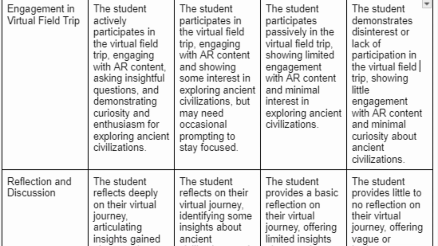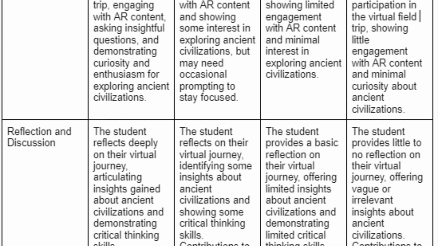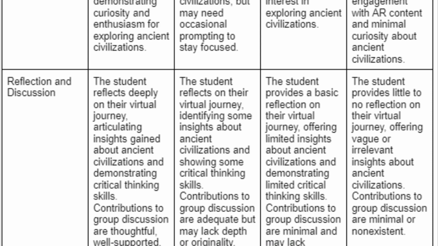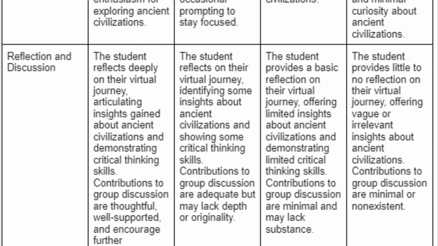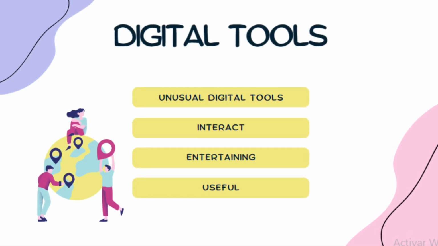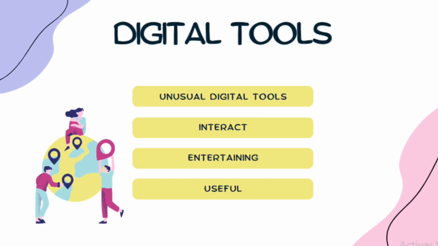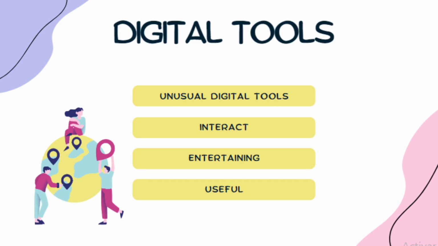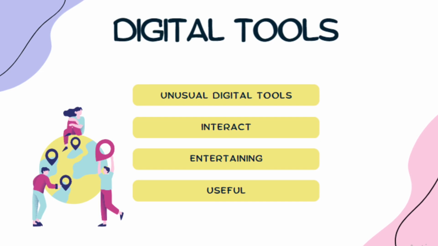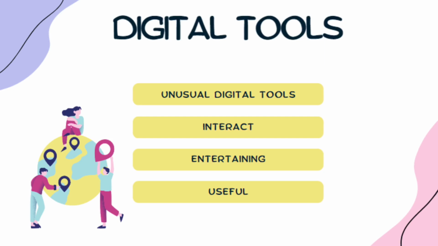Now, for evaluating the task, I elaborated a rubric with some help from ChatGPT. It is a small rubric, since this task does not have the same importance as the ones coming, as it serves more like an introduction to the topic. So this task incorporates very interesting and not usually used digital tools, which makes it very interesting. And also these digital tools are very useful since they allow children to interact and even see some concepts in a more entertaining way. Concepts that usually they might find a little bit boring.